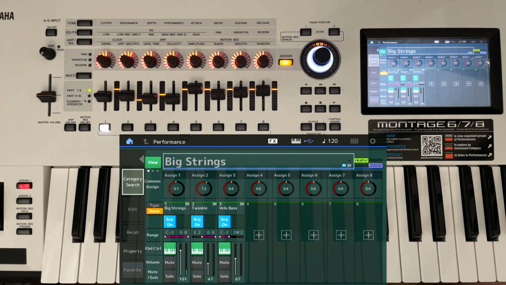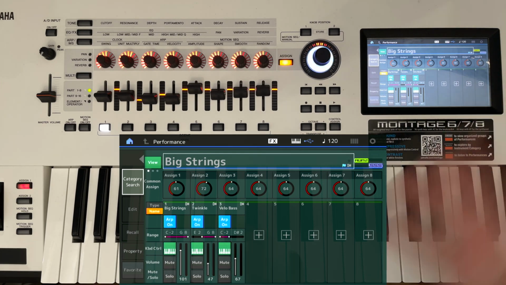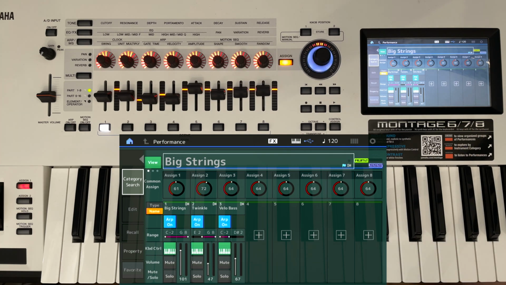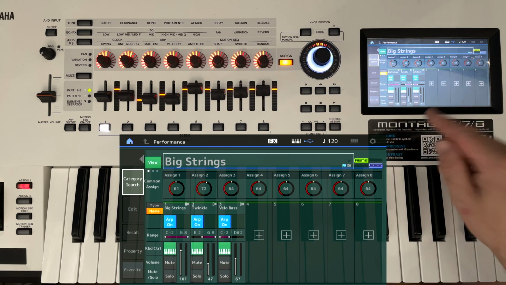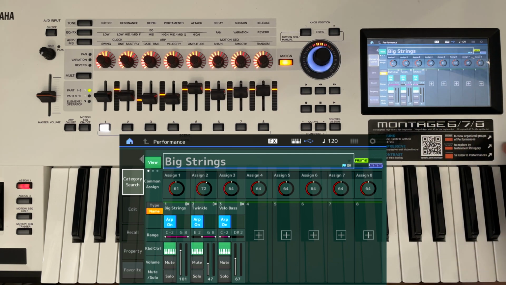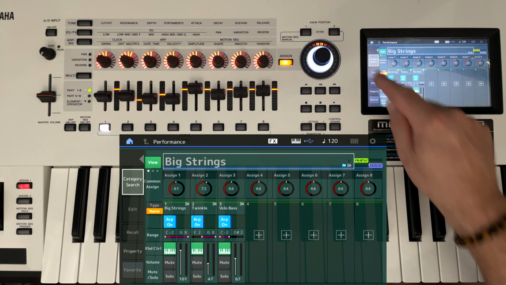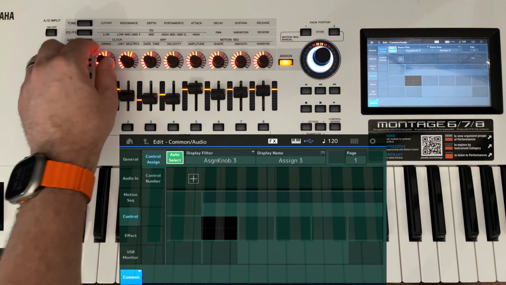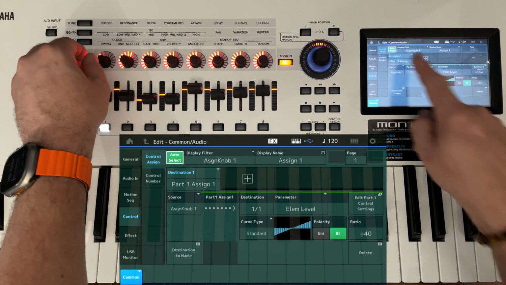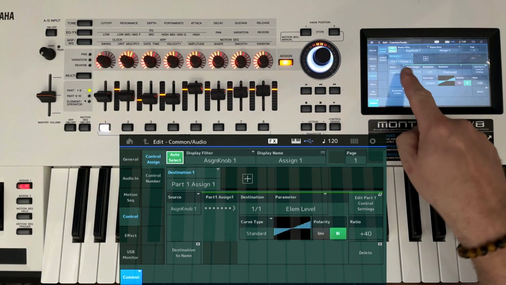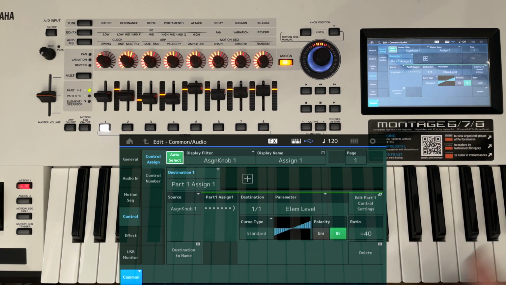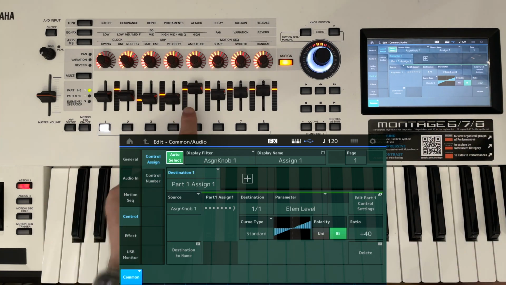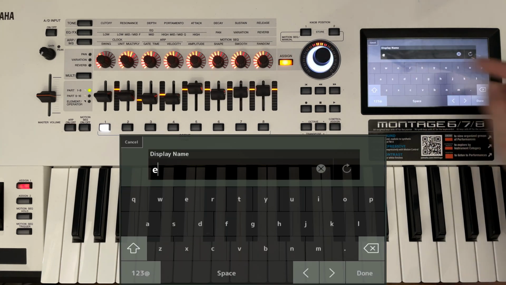Well, the reason for that is that the knobs in performance mode have a separate set of mappings from each individual part. And if we want the performance level knobs to control part level assignments, we need to go and set that up. So let's do that. Let's go back into the editor and let's have a look at what we've already got. So assign knob 1 is already assigned to part 1 assign 1, which was the element level for element 2 of the first part. So let's not touch that, although maybe let's give it a label,